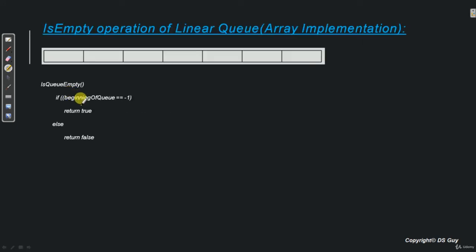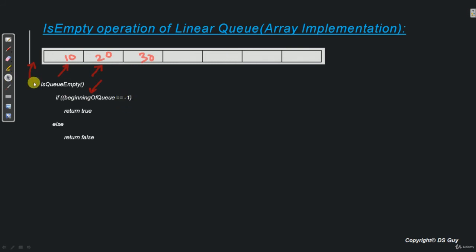So we check if the queue is empty or not using this variable beginning of queue. If it is pointing to -1, then we say that the queue is empty, else it is having at least one element in the queue. So let's say if our queue looks like this, 10, 20 and 30, beginning of queue will be pointing over here. If we delete 10, then beginning of queue will be pointing over here. The only condition when beginning of queue can point to -1 is when the entire queue is empty. So this condition will always give us true only when the queue is empty.